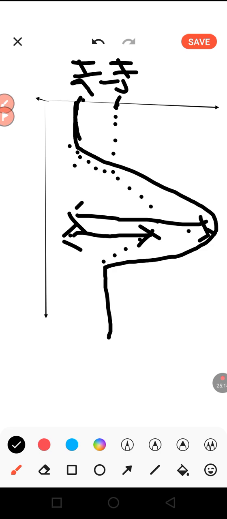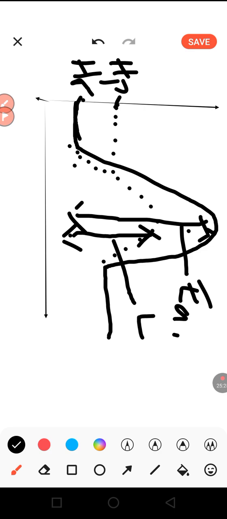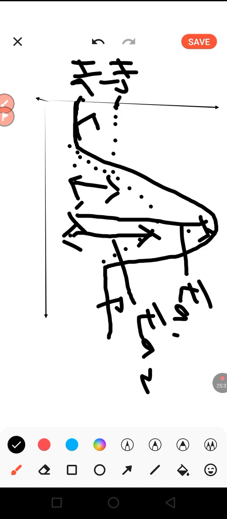EA 1 is for the uncatalyzed reaction, and this one, EA 2, is for the catalyzed reaction. This is our reactants, these are products, and of course you know that between this and this is our delta H,